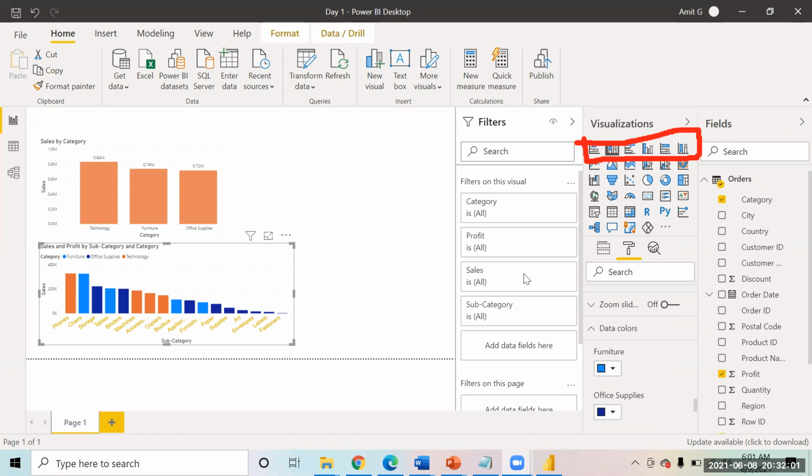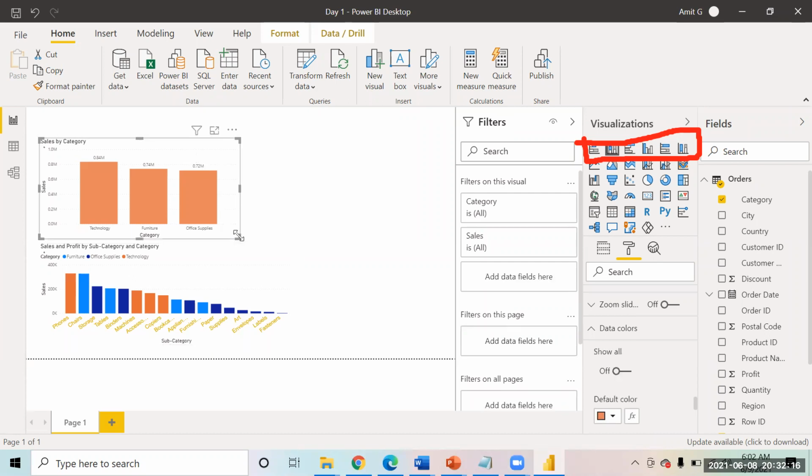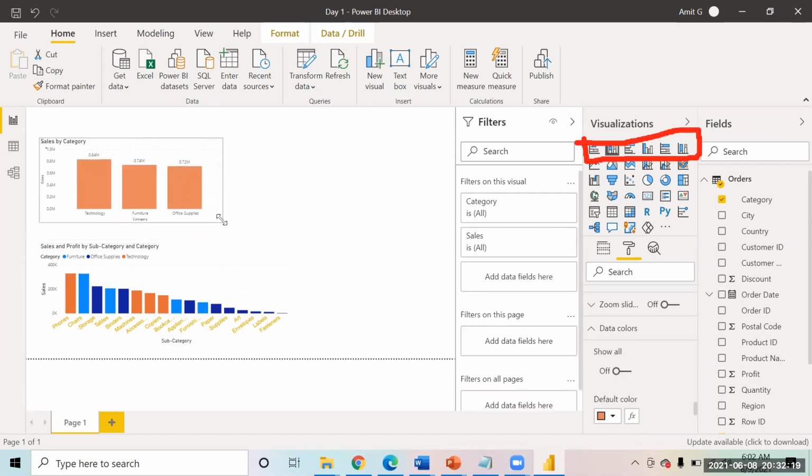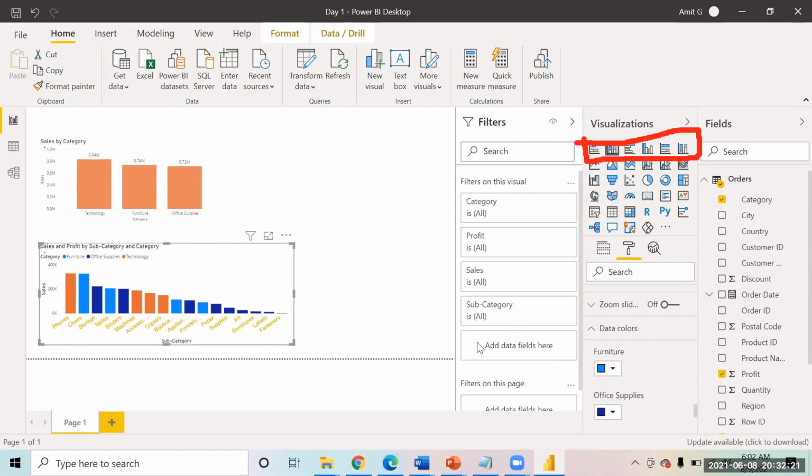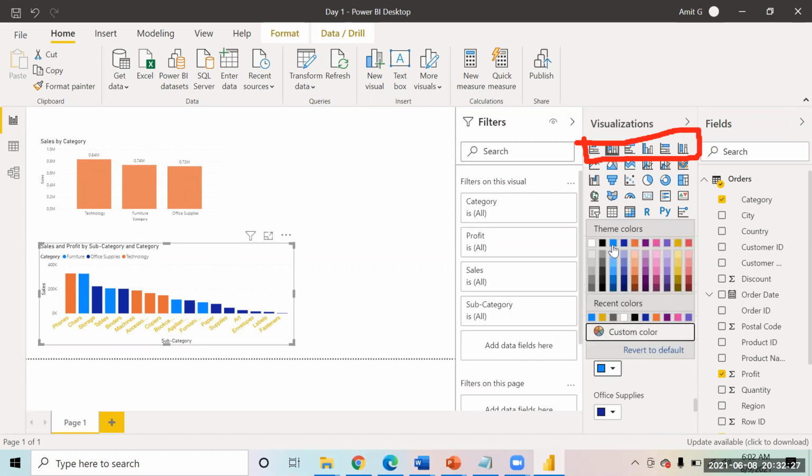Is there any particular reference from the web so that we can follow professional color codes for Power BI? As such, you will not find one. It is said that we should not use loud colors. For example, in this chart right now, these colors are not good ones because these are the default ones that have come up. These are the darkest tones, so we should try to keep one shade lighter.